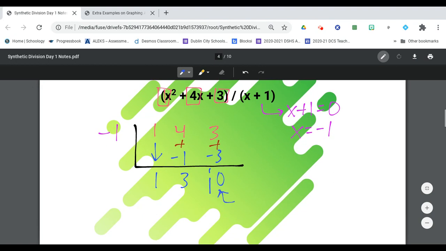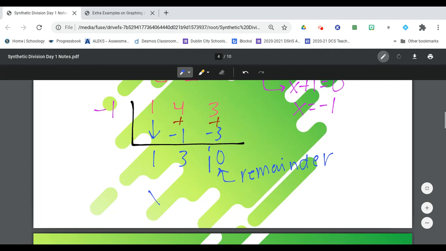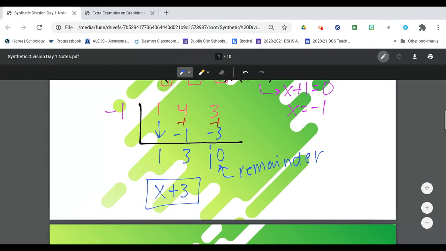Okay, this number, your last number, is always your remainder. So I'm left with, remember I started with an x squared, I divided out an x, so I'm left with the factor x plus 3 when I divided. Okay, now one thing I do want to point out is sometimes we'll get a remainder of 0 and sometimes